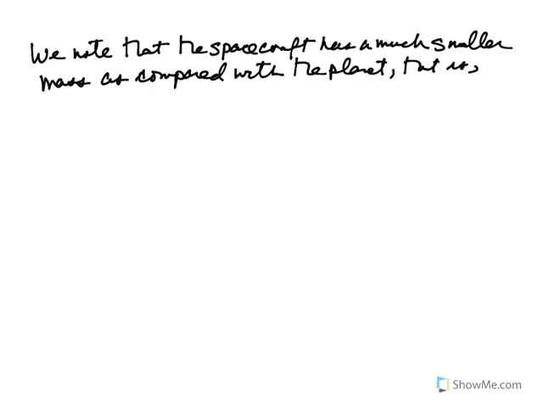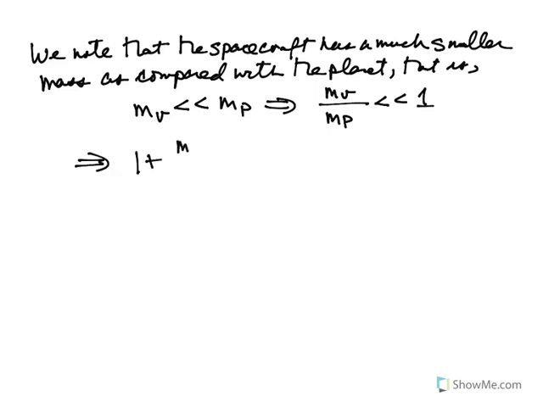That is, that the mass of the spacecraft is much, much less than the mass of the planet, which of course implies that the mass of the spacecraft divided by the mass of the planet is much, much less than 1, which further implies that 1 plus the mass of the spacecraft over the mass of the planet is just approximately 1. So now what we can do is we can drop the term 1 plus mv over mp and just replace